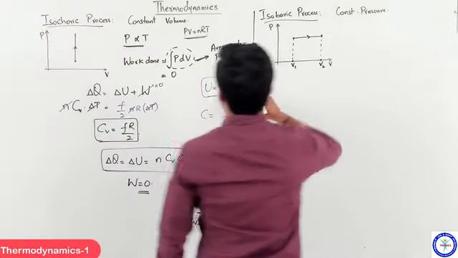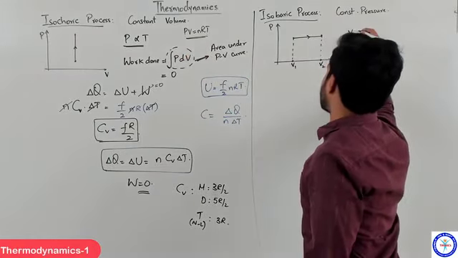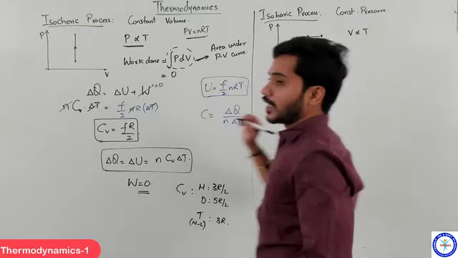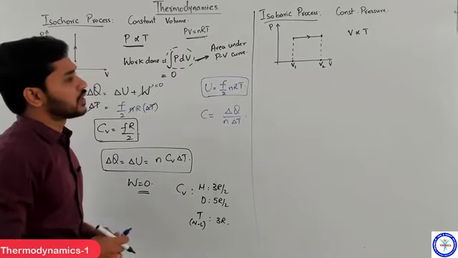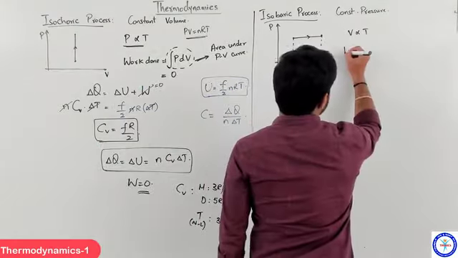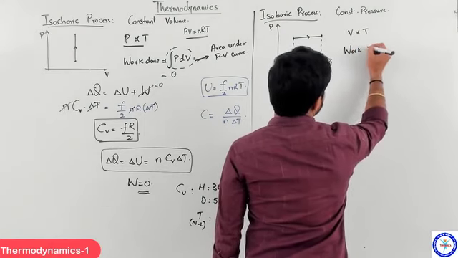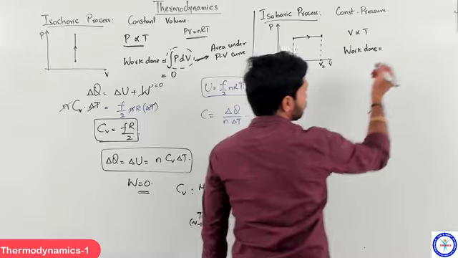And you know that whenever P is constant, V will be directly proportional to temperature in an isobaric process, correct? So yeah, that is the idea. And let us write the expression for work done here, right? So I told you for each and every process we need to find work done and C value. The work done will be how much?